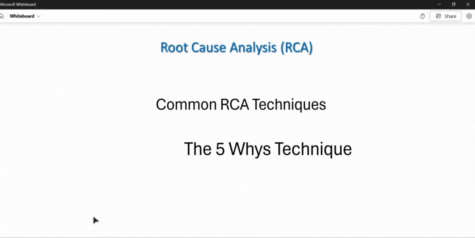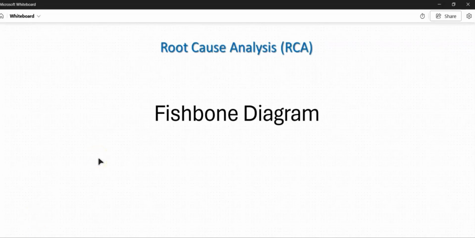Notice that the payment failure was only the visible problem. The actual issue was the incorrect server configuration. Another popular root cause analysis technique is the fishbone diagram, also known as the cause and effect diagram or the Ishikawa diagram. It is called a fishbone diagram